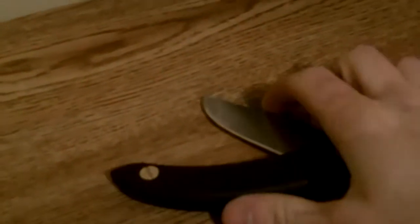So, first a few basic specs. The knife is, well, it's about over 3 inches. Definitely not 3 3/4, but it's maybe 3.5 or so inches. Now, the handle is made out of plastic, and it rests in your pocket